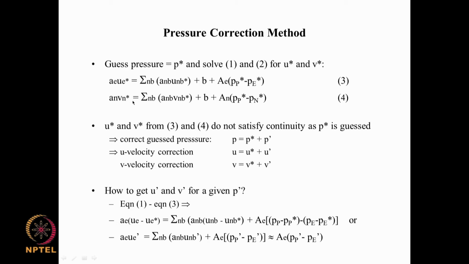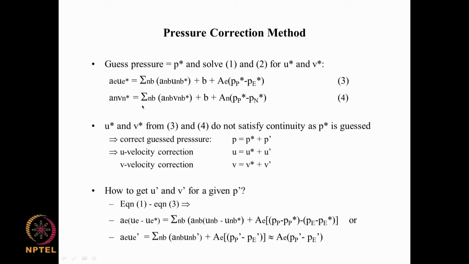But these velocity components are not necessarily correct, and they do not satisfy the other equation, the third equation which has not been used, which is the continuity equation. So, what we therefore suggest is that let us try to correct the assumed pressure by adding a component p prime which is yet to be determined. So, it is a pressure correction in such a way that the new velocity field... we know that if you change pressure, the velocity changes. Okay.